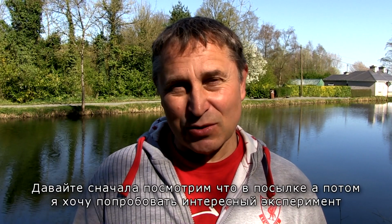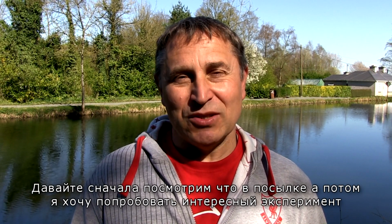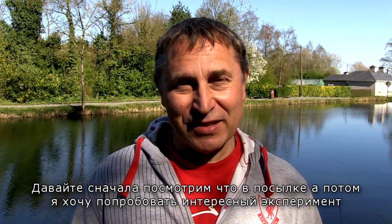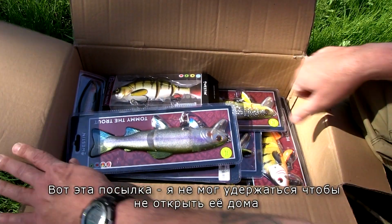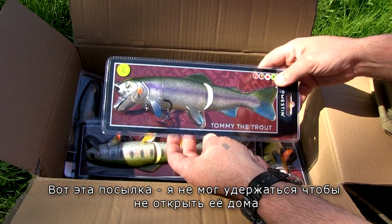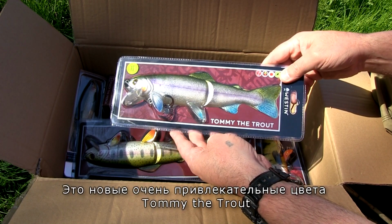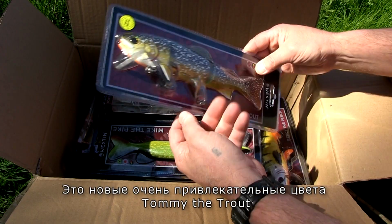And first let's look what is in the box, and then I would like to try some very interesting and cool experiment. So here it is. This is the box. I opened it already. I couldn't resist not to look what is inside at home, and we have very beautiful colors of Tommy the Trout,